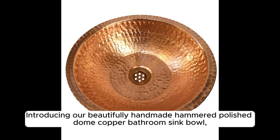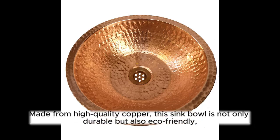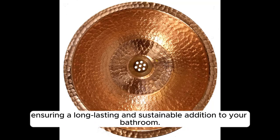Introducing our beautifully handmade, hammered polished dome copper bathroom sink bowl. A perfect blend of traditional aesthetics and modern design. Made from high-quality copper, this sink bowl is not only durable, but also eco-friendly, ensuring a long-lasting and sustainable addition